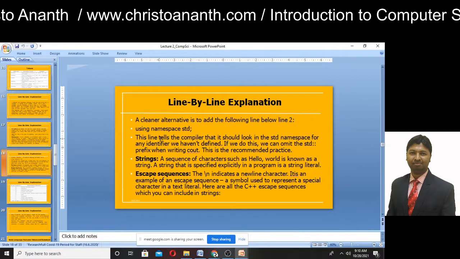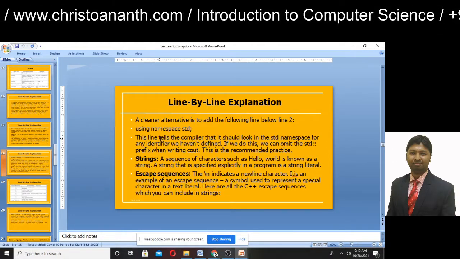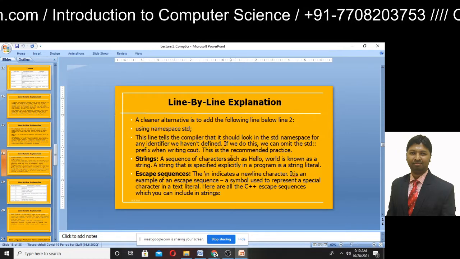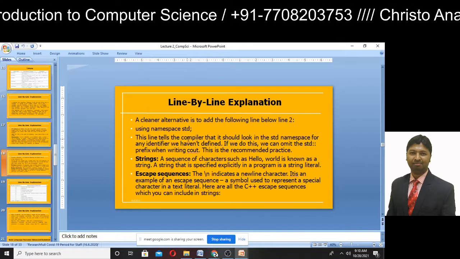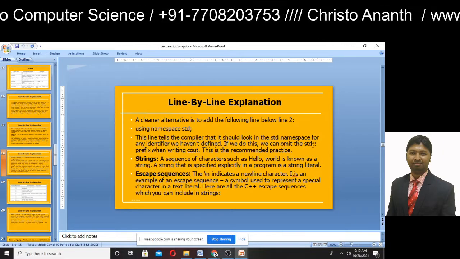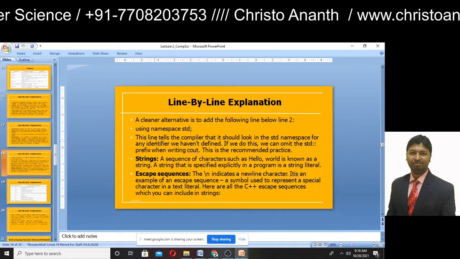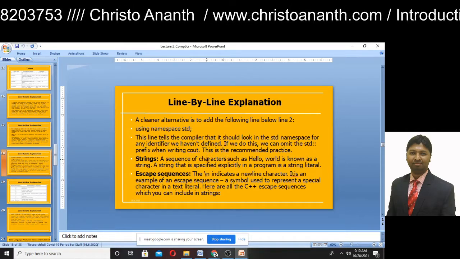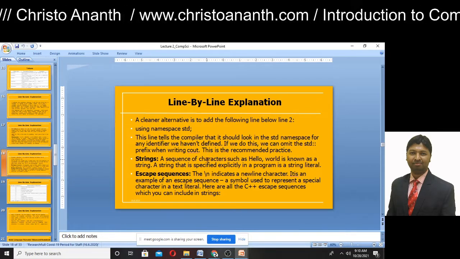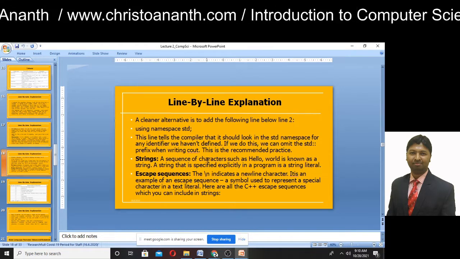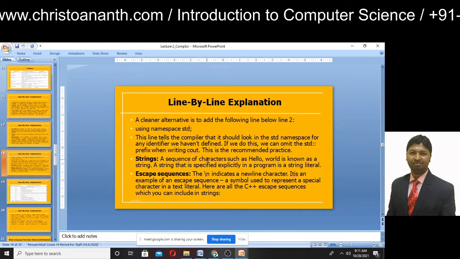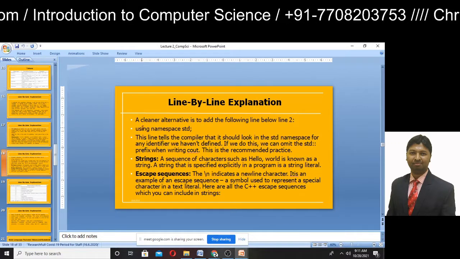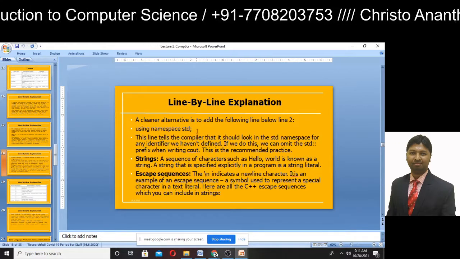If we omit this, the recommended practice is, in place of writing cout, to give std double colon cout. So you are telling the compiler that it should look in the std namespace for any identifier which we haven't defined. That's the explanation for using namespace std.